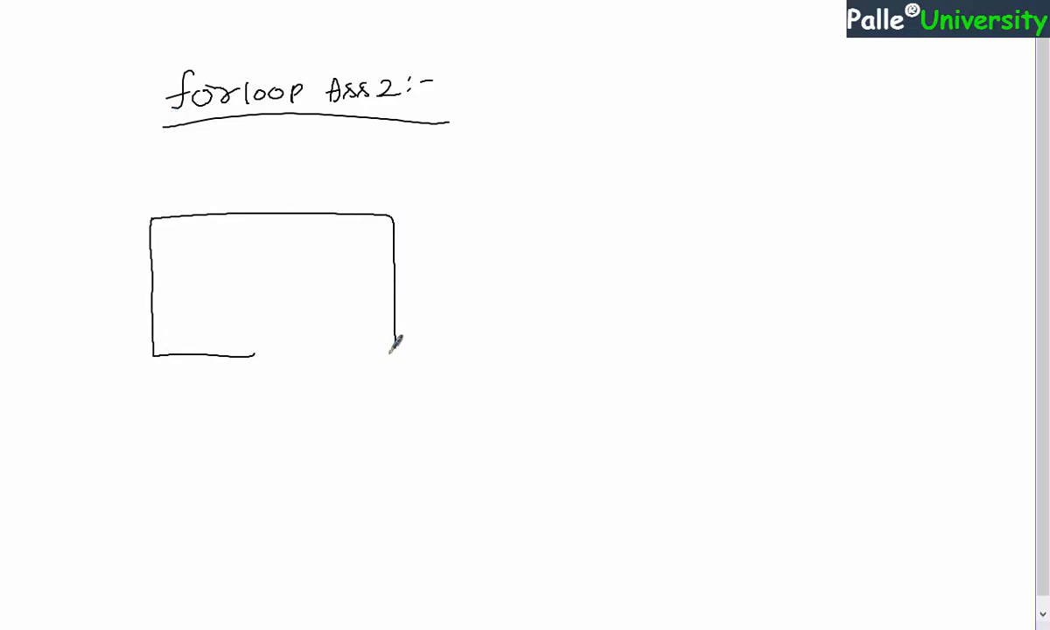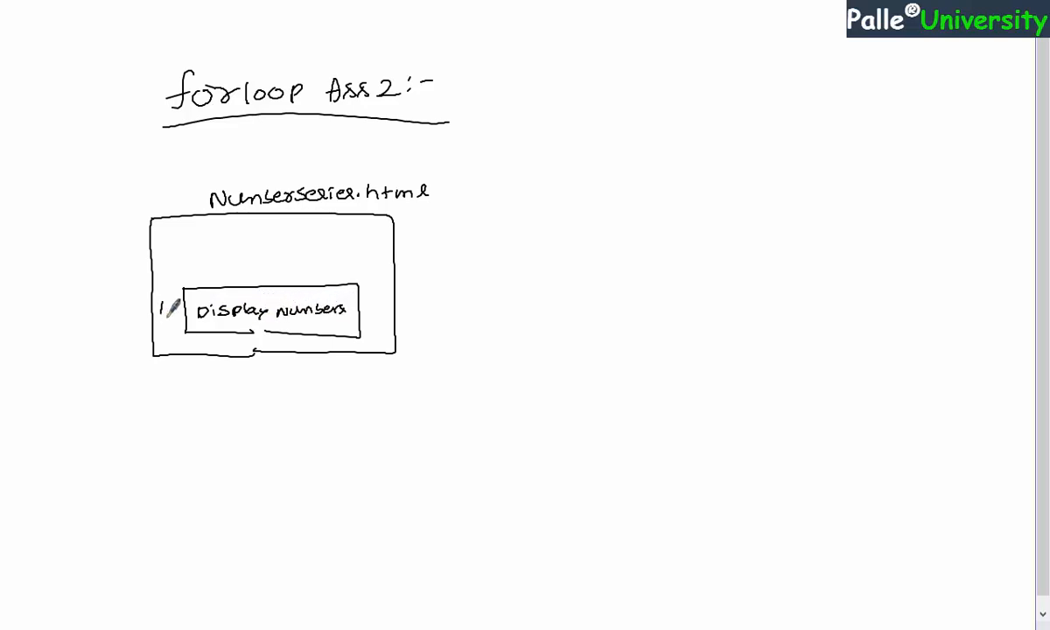Now in this session I will give you one more assignment related to for loop. I will call this one for loop assignment 2. Now my requirement is you need to create a page with the name number series.html, and in this page you need to create a button control with the name display